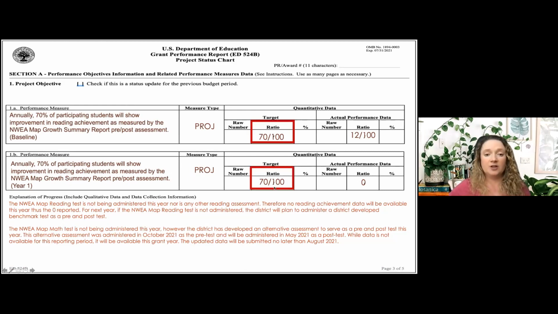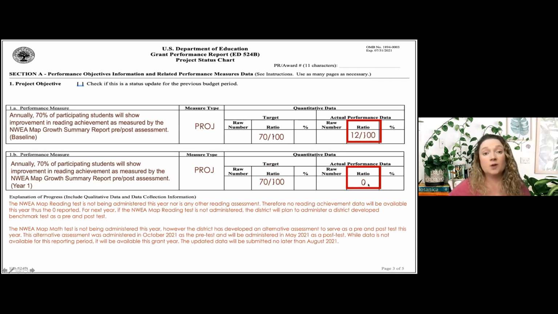I've put in my ratio for both as my target: based on my objective here, I want 70%, so 70 out of 100 is in each box. When I look at my actual baseline, prior to the implementation of the ACE grant, 12% of my students were making annual progress in reading.